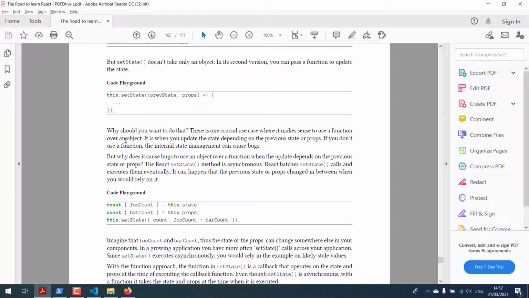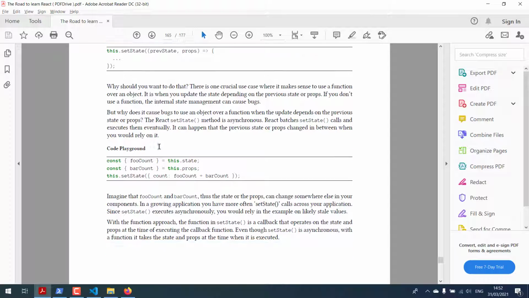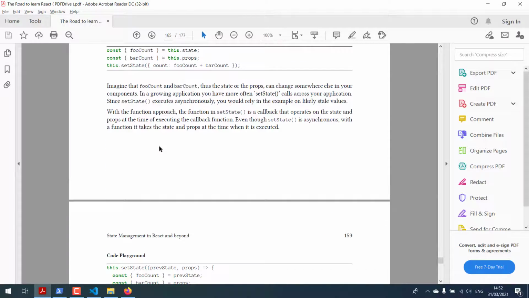Imagine that foo count and bar count, thus the state or the props, can change somewhere else in your component. In a growing application, you have more often setState calls across your application, since setState